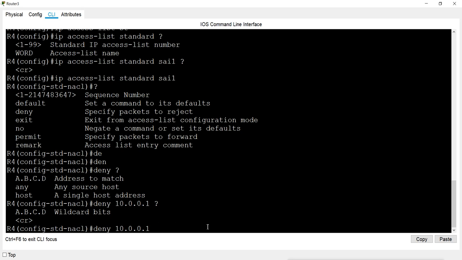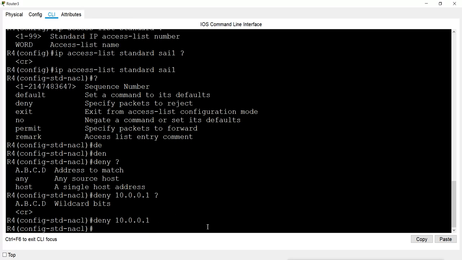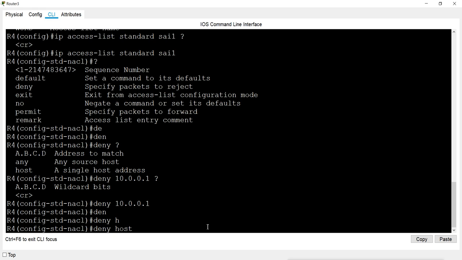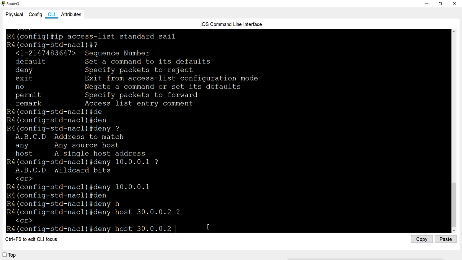So we can mention the IP address directly like this, or we can mention the IP address by using the host keyword for the single host. So I want to deny also 30.2. I will make sure that 30.0.0.2 will be denied. Now when I give this IP, it is not asking for the wildcard mask.